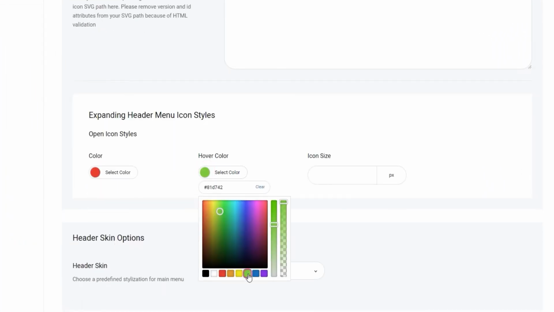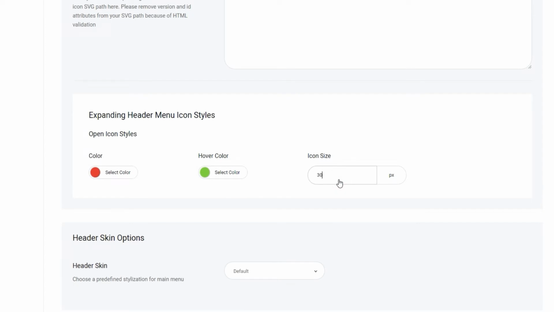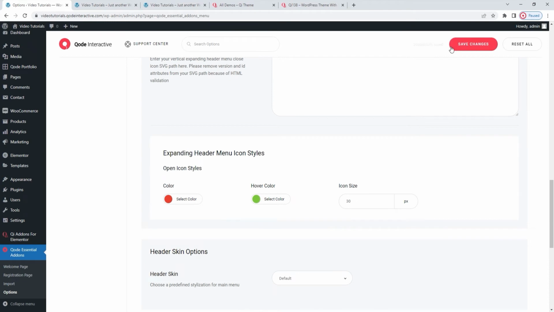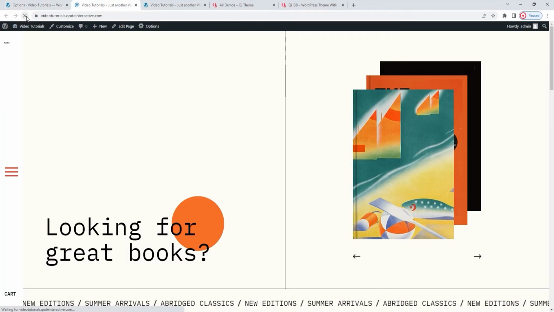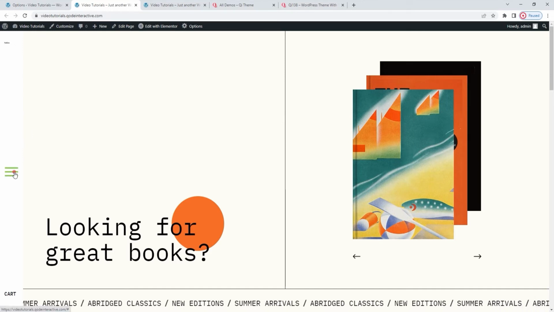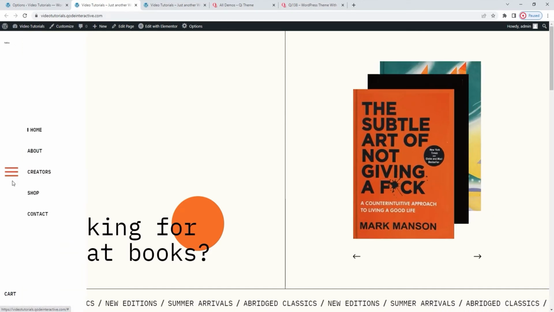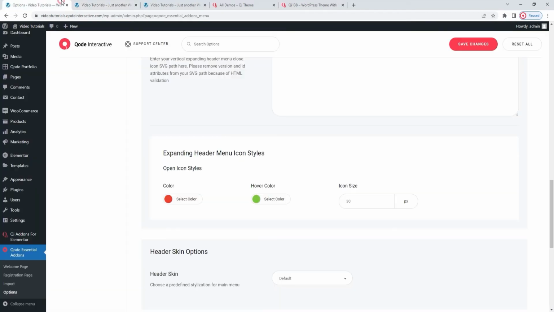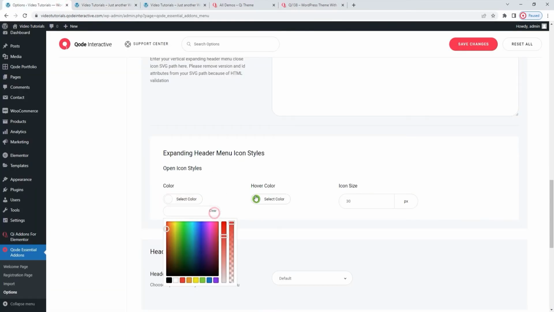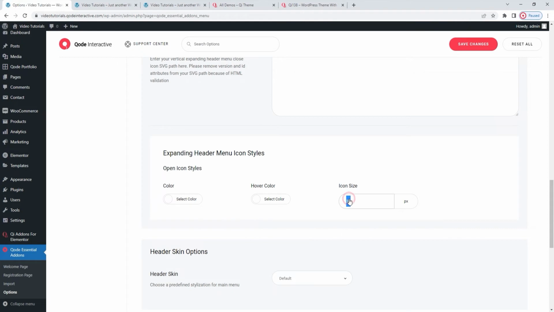There. Then green as the hover color, and make 30 pixels the icon size. Okay, save. And refresh. Right away, we can see the change. The icon is much larger and it shows its initial and hover colors as appropriate. Alright, that was the icon style section of the options. I'll clear the settings I made now. Just a sec. There. And with that, we've wrapped up the various exclusive options and additional header layouts you get